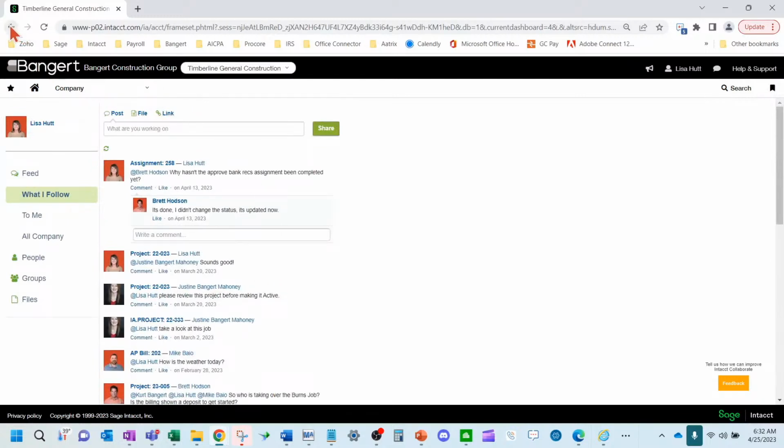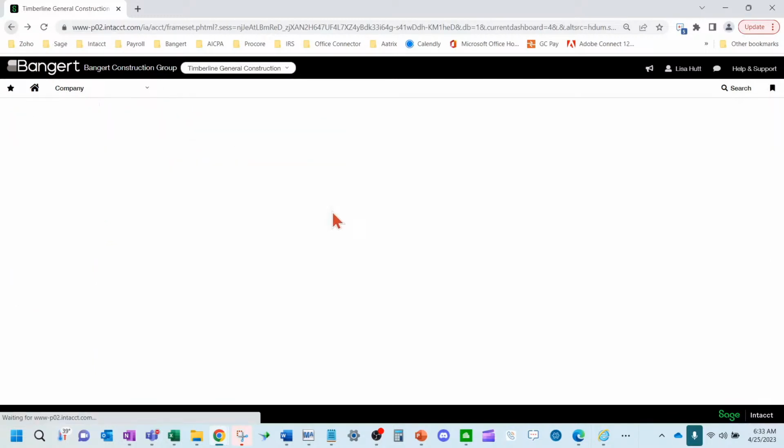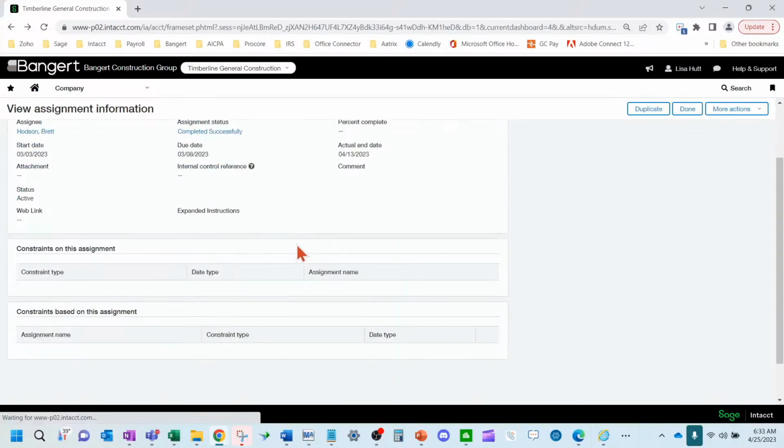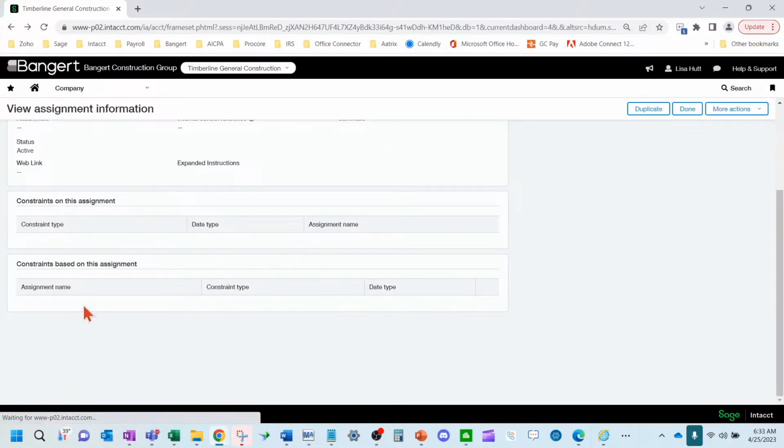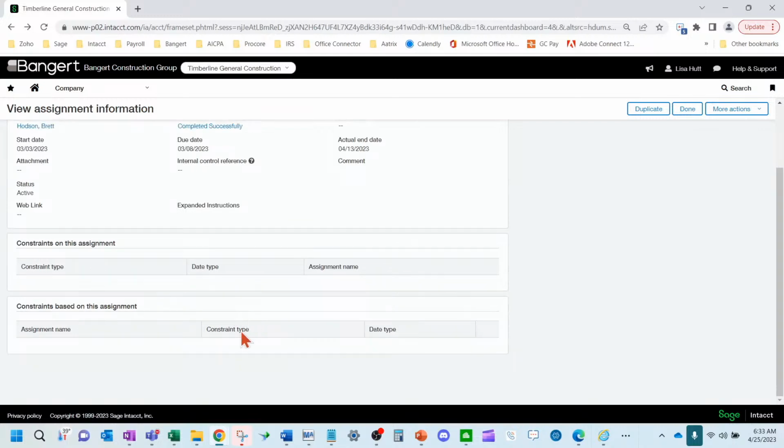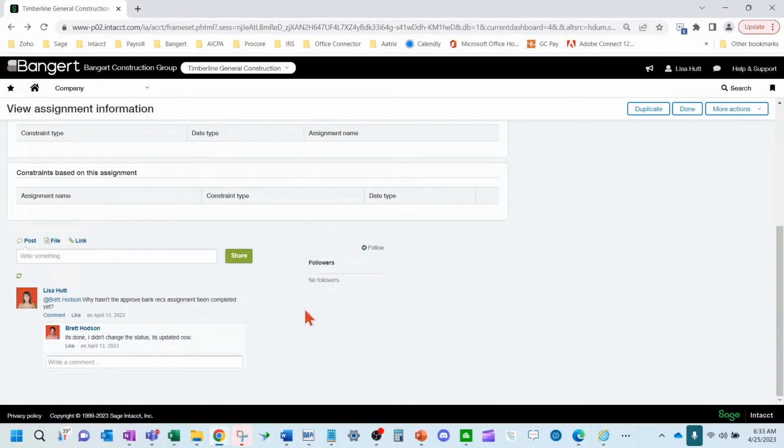On that actual assignment, the string is kept down below. So if an auditor comes in here and wants to see the approval process, they can see some notes that are going on in between you and your staff.